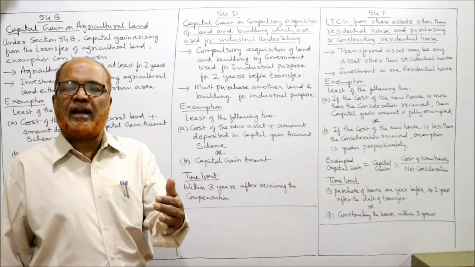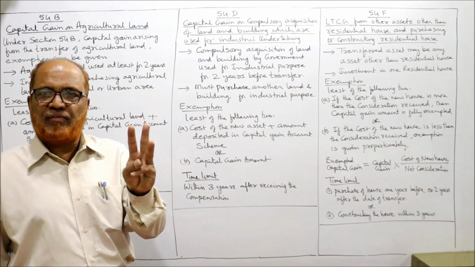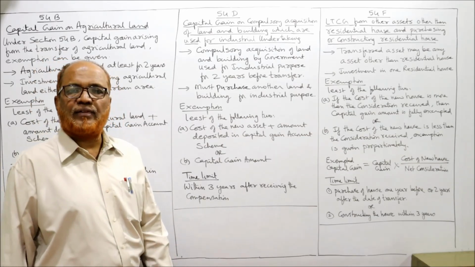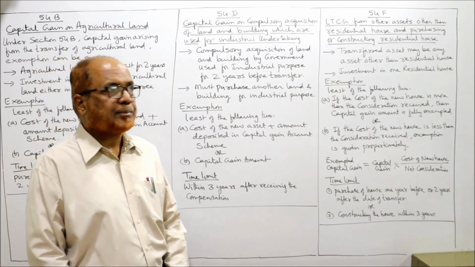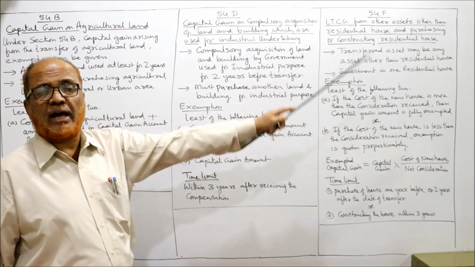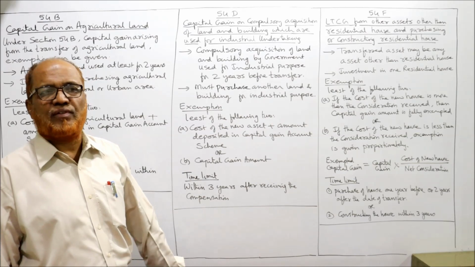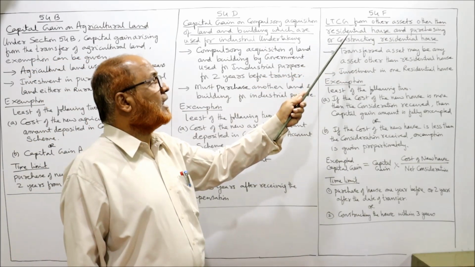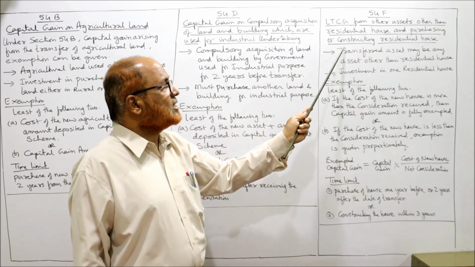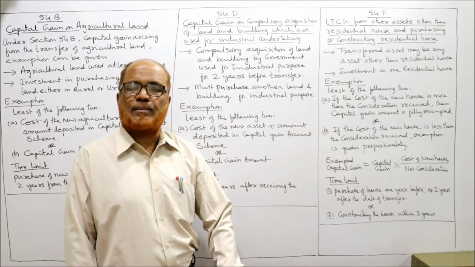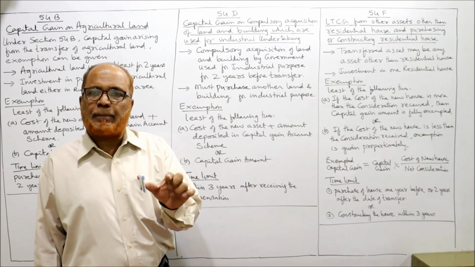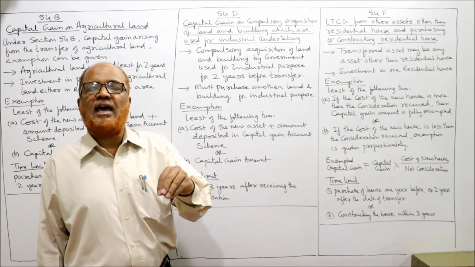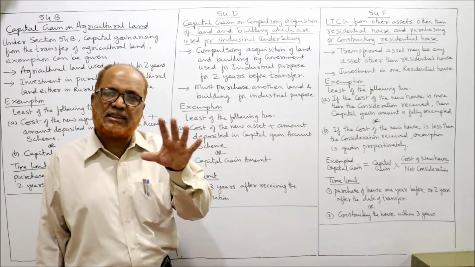That means the new land and building must be purchased within 3 years from the date of getting the compensation. Now section 54F, exemption under section 54F, long-term capital gain from other assets other than residential house and purchasing or constructing a residential house. That means long-term capital gain arising from the transfer of any other asset other than residential